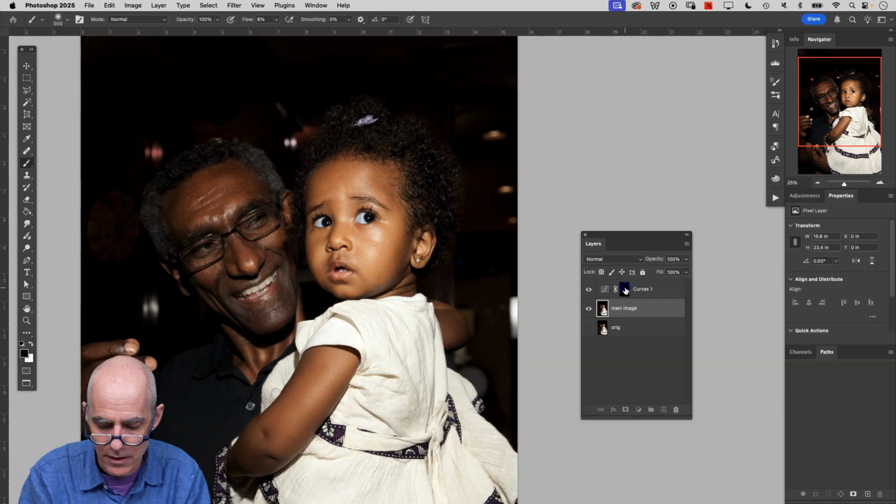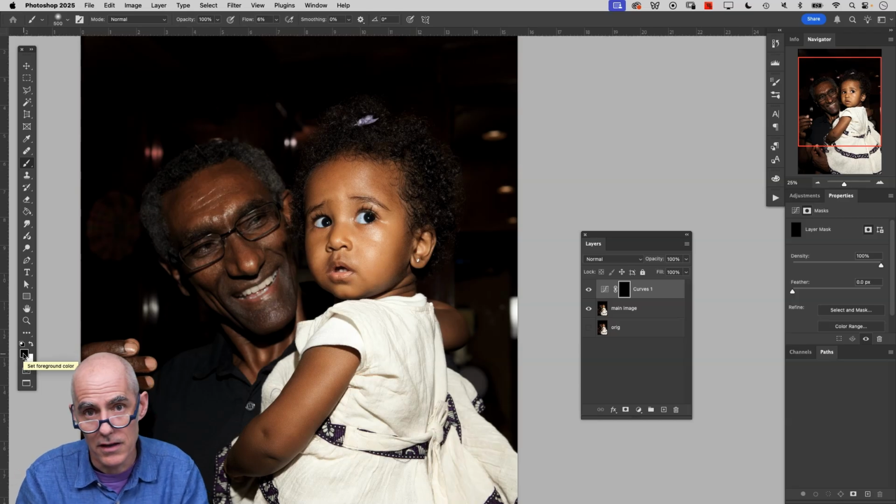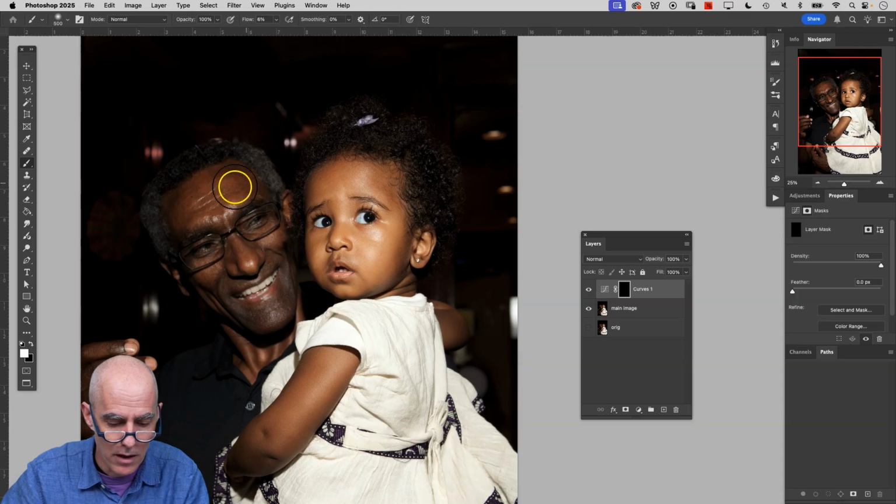All right, so back here to my curves layer, which I will rename, make sure I'm on that layer mask, make sure that I have white paint. Remember D for default. That gives me black and white. If I hit X, it switches my foreground background color. Right now I want white. And I'm just going to gently start scribbling it in